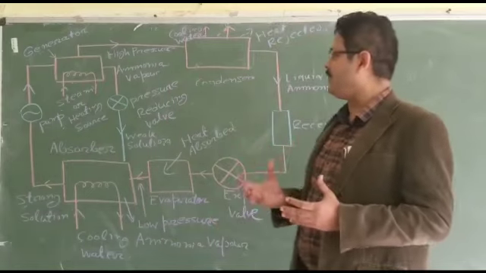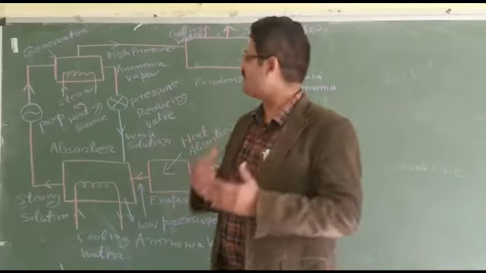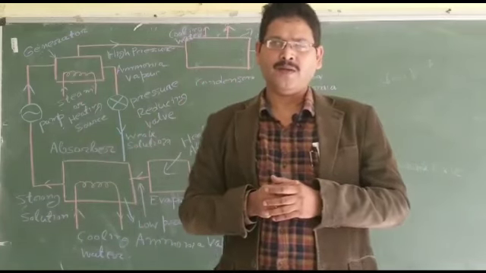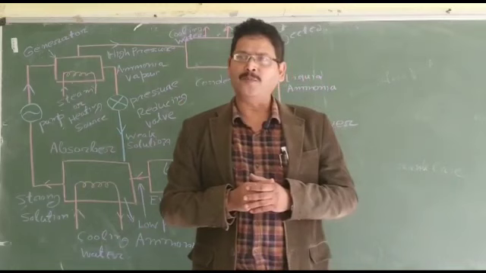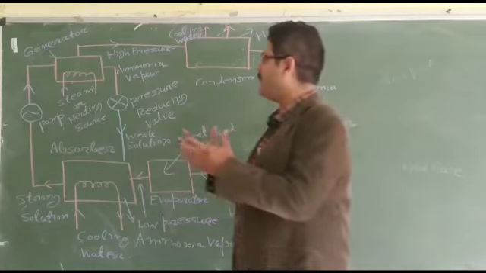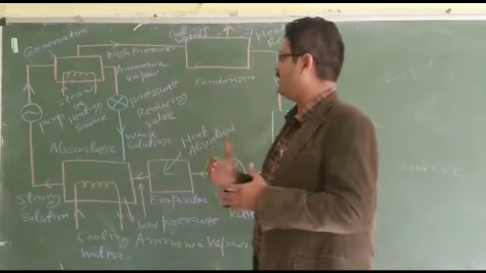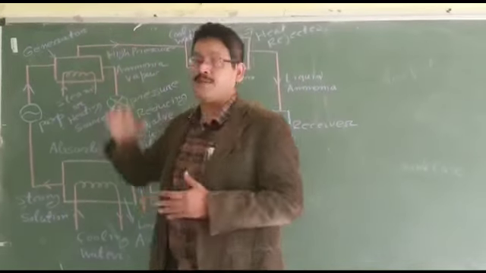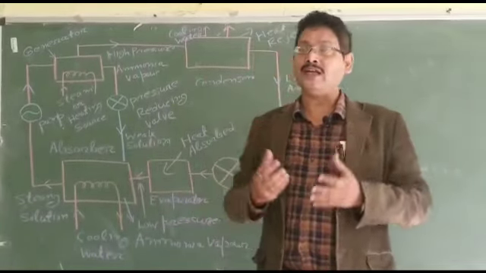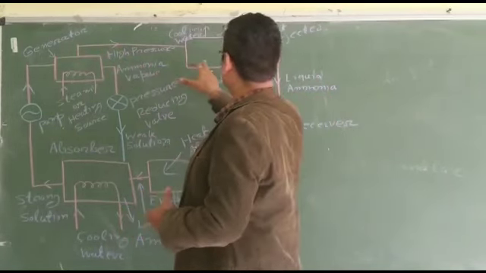In the generator we have a steam or heating source arrangement which heats the solution. Whenever a solution is formed, the individual components do retain their physical and chemical properties. Although we have the aqua ammonia solution, that is the water and ammonia solution, when heat is added, ammonia evaporates fast, because the evaporating temperature of ammonia is lower than that of water. So, only the high pressure ammonia will enter the condenser.